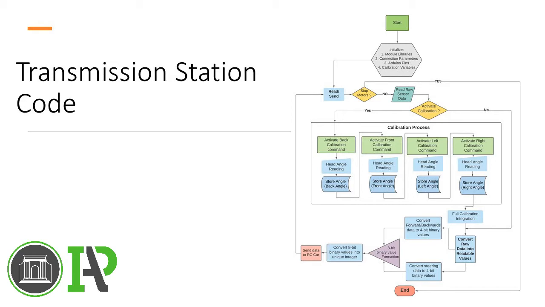The same process is done for the front limit, left and right, until calibration is complete. Each calibrated limit will be accompanied by a buzzer sound, indicating to move the head to the other limit. After the calibration, or if the user decided not to calibrate, the data being received of the head movements will be converted into readable values,